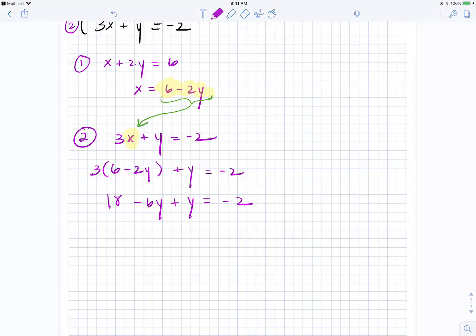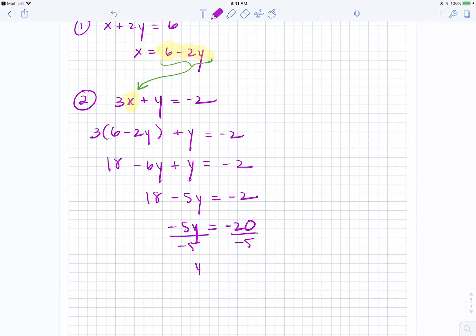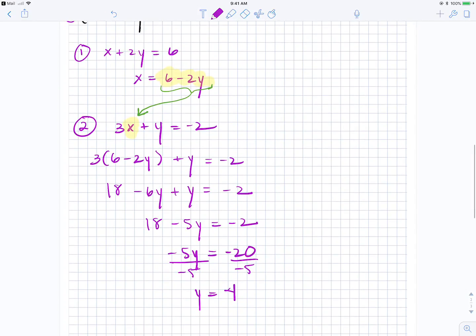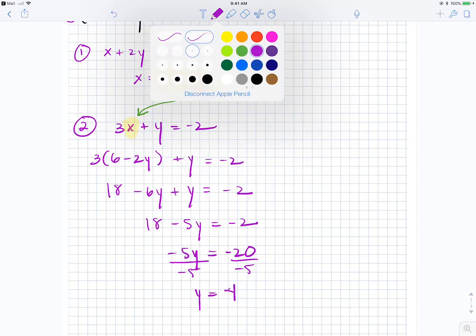I can combine like terms on the left-hand side of the equation. Okay, subtracting 18 on each side of the equation, we have -20, so -5y equals -20. Dividing by -5, we get y is equal to +4. Okay, so this is going to be